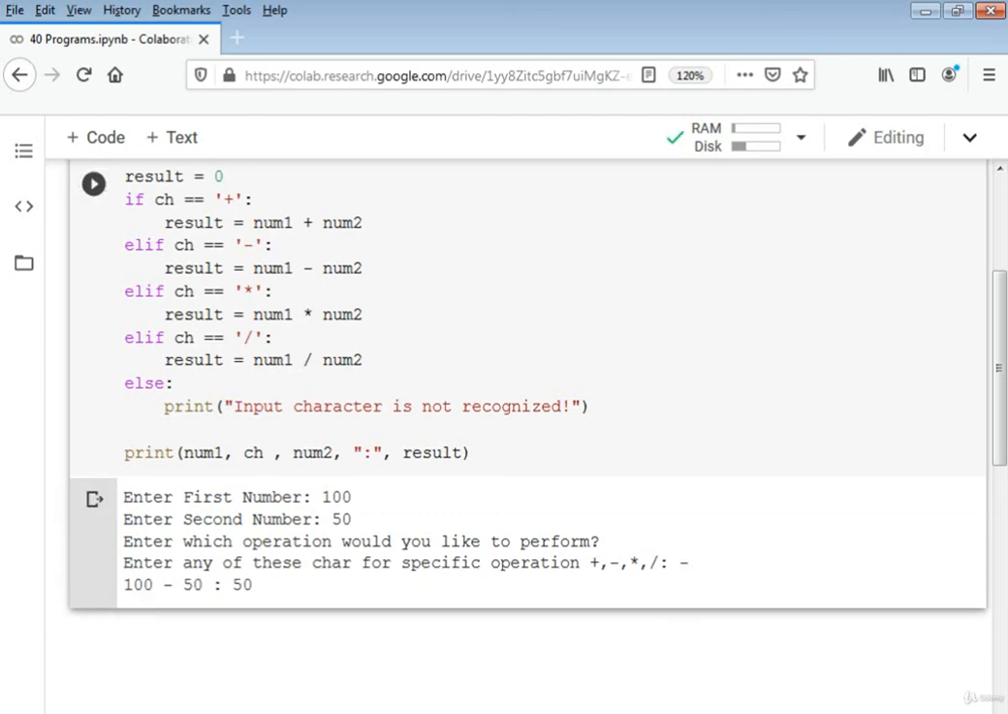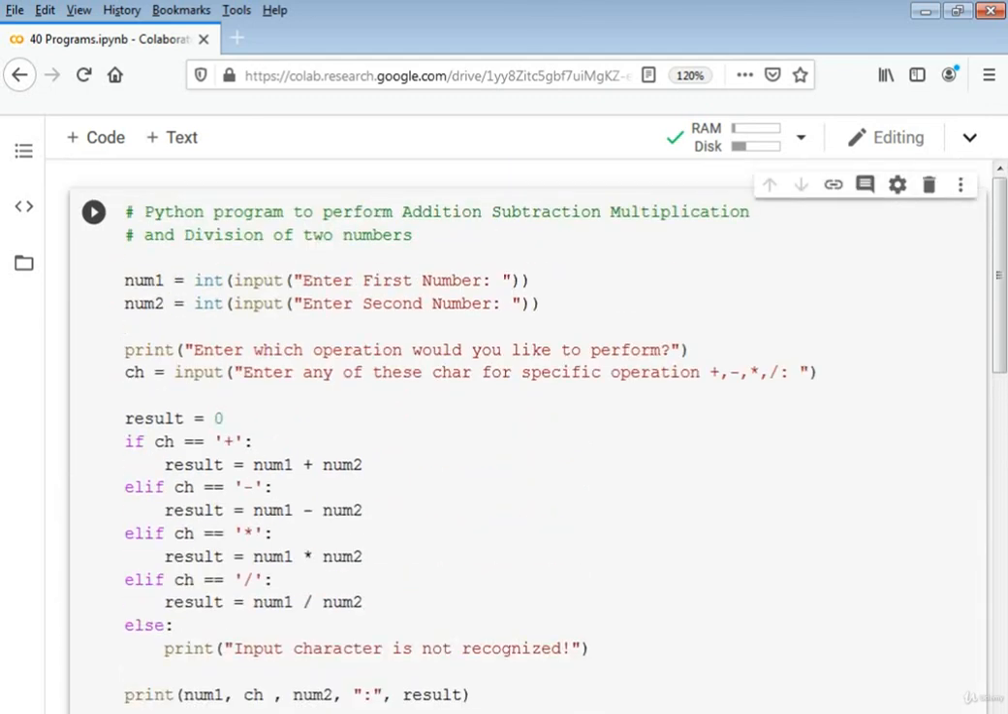We are going to enter the first number, then the second number, then we will perform the minus operation, and you see that the answer is 100 minus 50 is equal to 50. So this Python program was to perform addition, subtraction, multiplication and division on two numbers, prompted by the user to enter those numbers. So I hope you enjoyed this lecture and you will practice this on